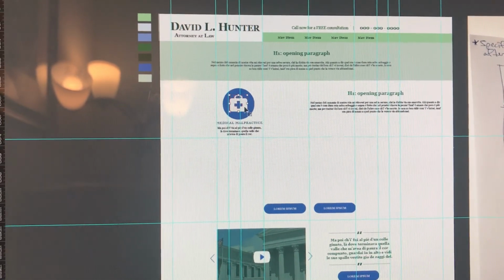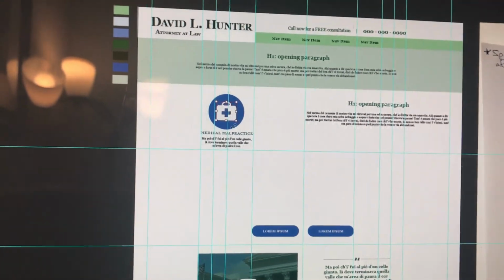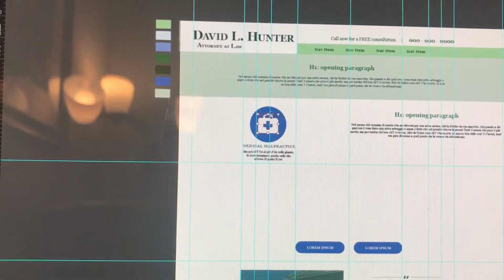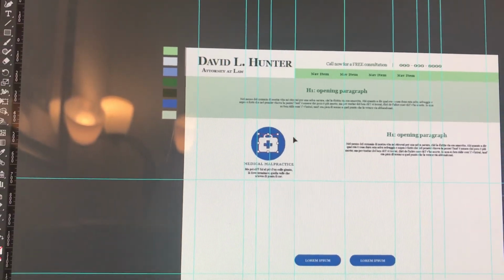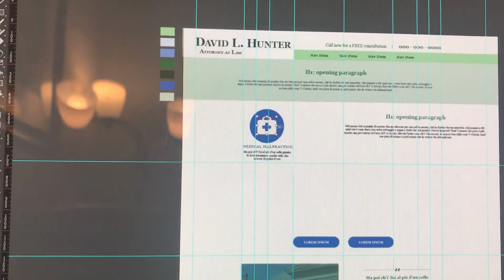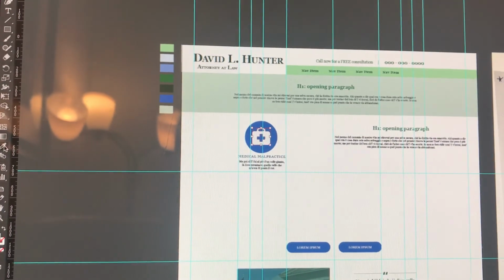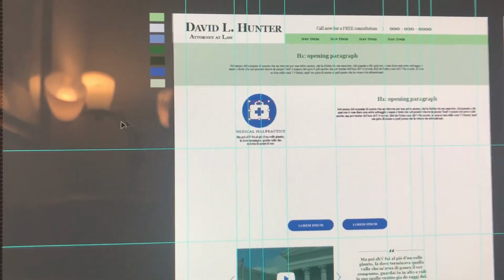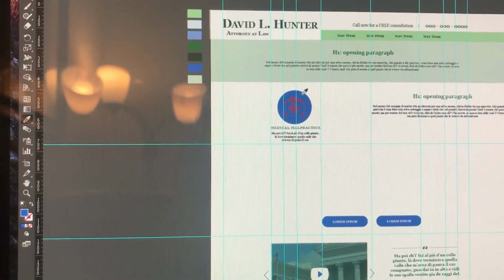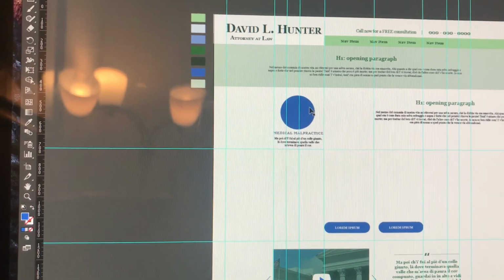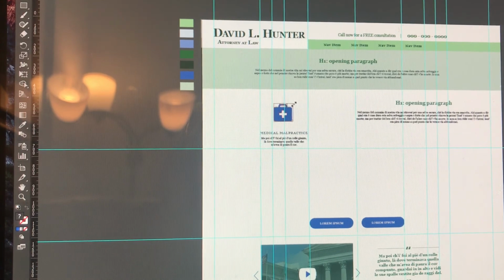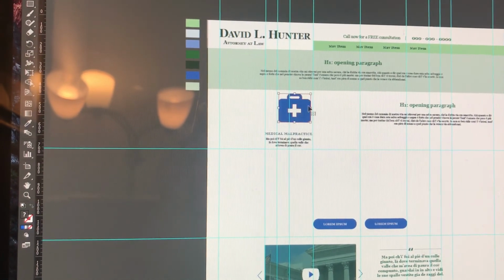Now this here, this isn't going to stay the same as it is on the home page because we want the symbol to be there, but we don't want people to think they can click on it again. So what we're going to do is take this image here and take the eyedropper tool and highlight that as blue. Okay, and we're going to get rid of the circle here behind it. So now we've got, again, you want to hold shift,